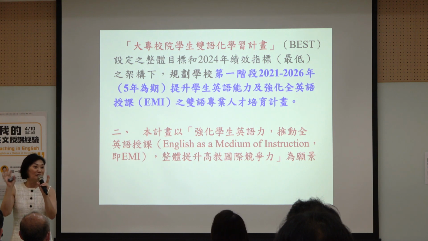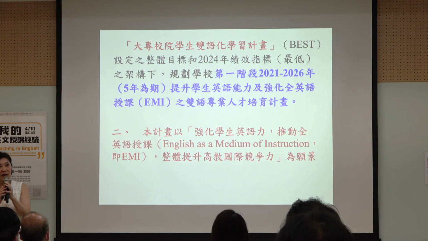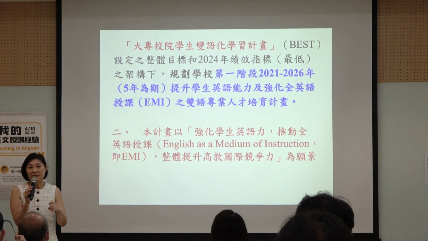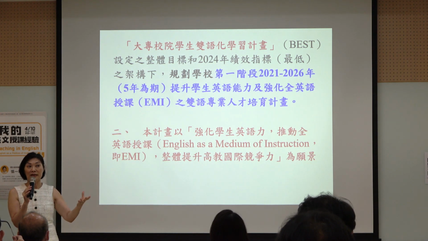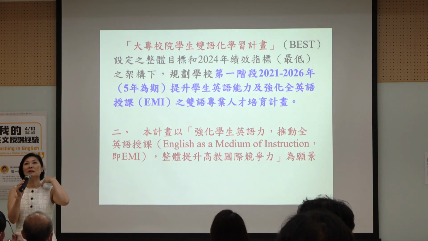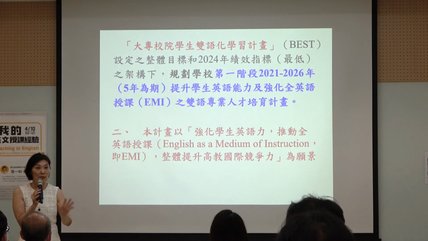Basically, VP Liu is forcing all the departments to come out with English teaching courses. Every department has to have at least one fifth of the credits taught in English within two years or something. And it has to be a core course because the students need the credit to graduate. The whole idea is to be an international university. We can accept foreign students. That was the idea.